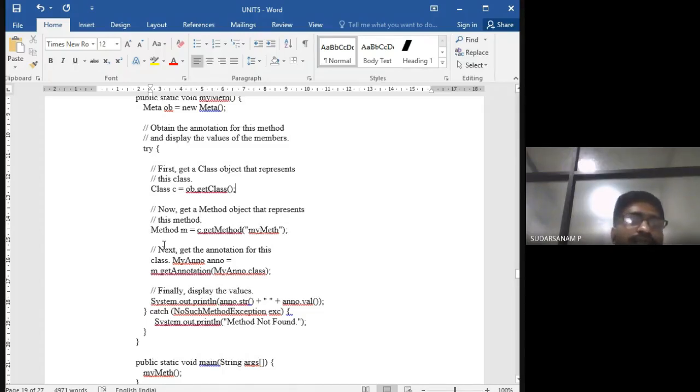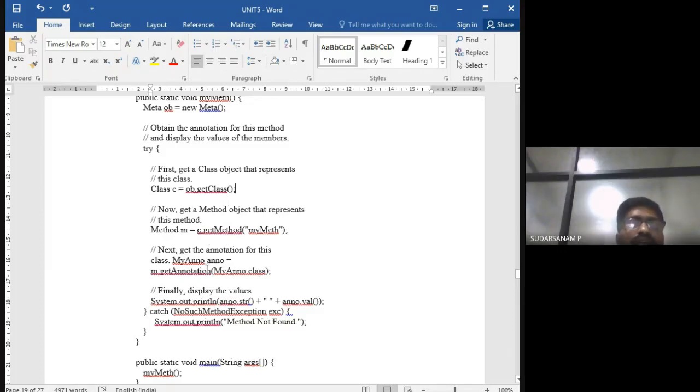The difference is how it will be working: you have to write two things. One is Class C is equal to ob.getClass. Another one is Method m is equal to c.getMethod, that is nothing but my method. So these are the three steps you need to remember in annotations. With c.getMethod, you are passing one parameter, and another one is creating the object.